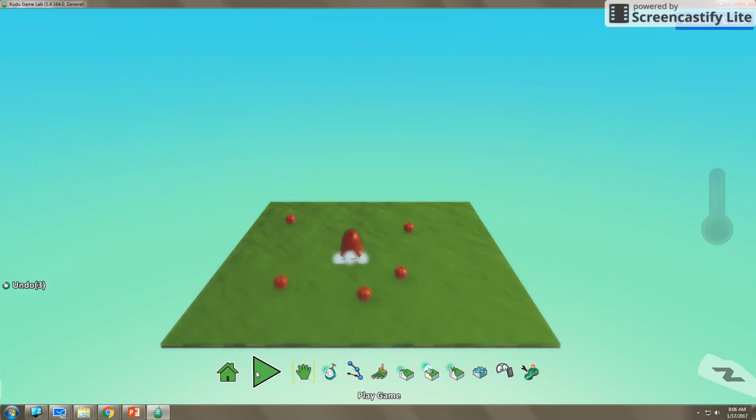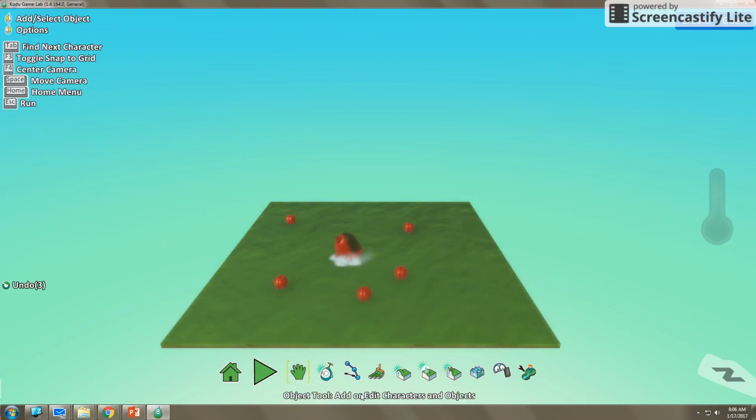So make sure that that's working on your screen, and then the next video will show you how to keep track of a score. So to track, okay, he's eaten 1 apple, 2 apples, 3 apples, and then this next video as well will teach you how to end the game when the Kodu has won or eaten 5 apples. So make sure that this first beginning portion works on your game, and then you can move on to the second